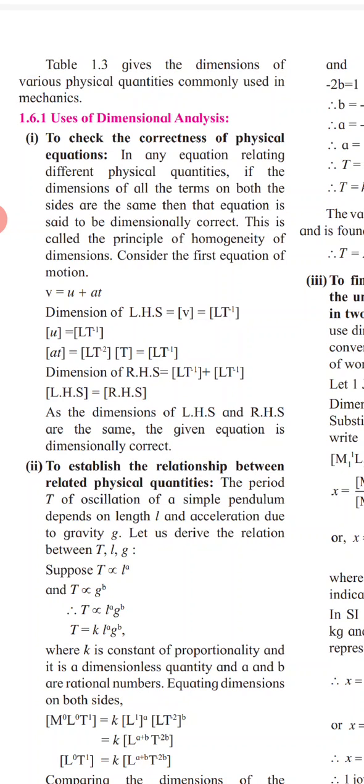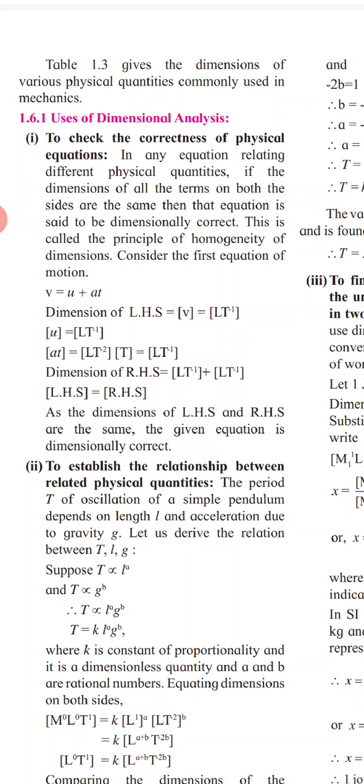Now, second, to establish the relationship between related physical quantities. So we have to consider one formula. In next year you have this formula, okay, period of pendulum. So all of you have seen the pendulum. It has some length L, and it depends upon its acceleration due to gravity, that is small g. So period t of oscillation of simple pendulum depends on length L and acceleration due to gravity g. So let us derive the relation between t, L and g, where